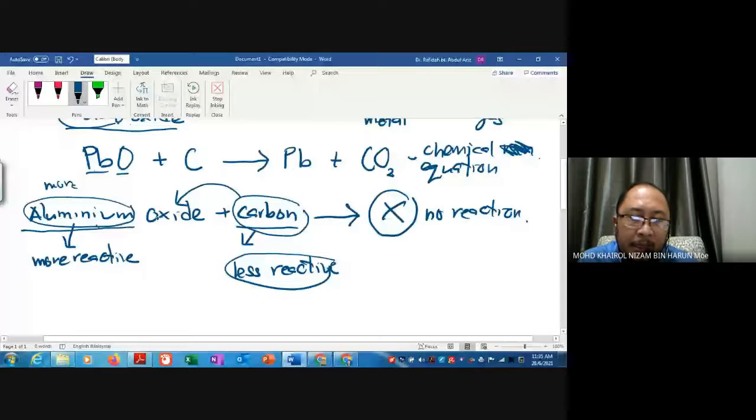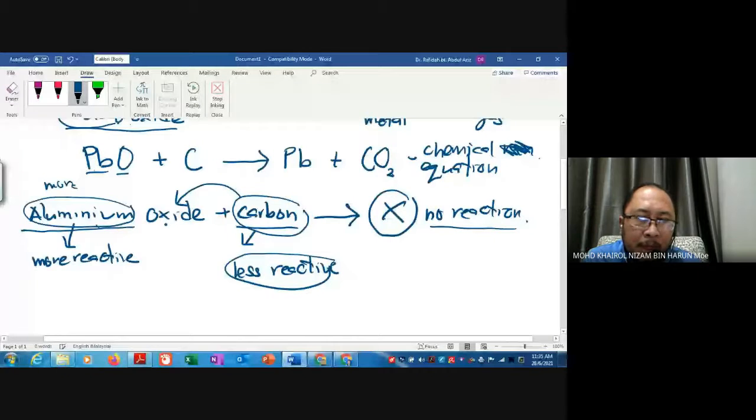So that is the simple explanation why when aluminium oxide reacts with carbon, nothing happens. No reaction occurs. So that's why, from this activity, we can conclude that carbon is less reactive compared to the aluminium itself. Okay, next, we want to